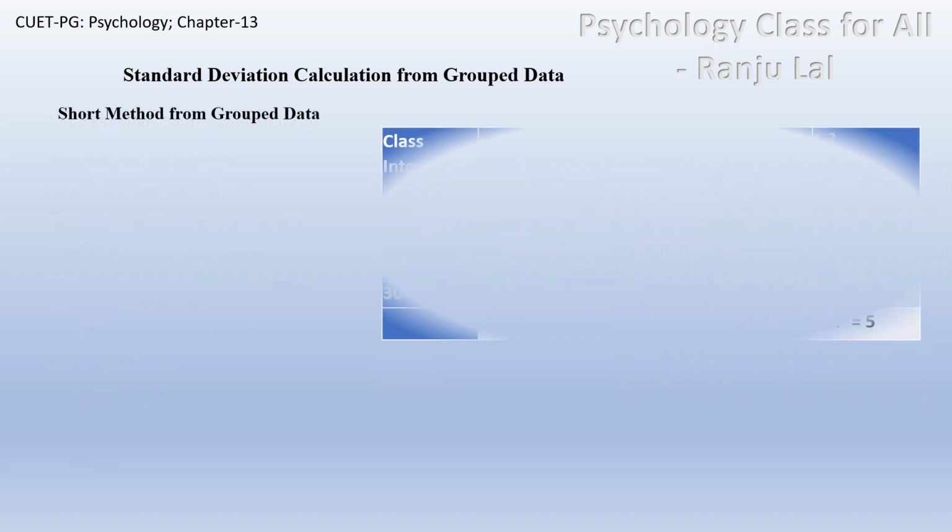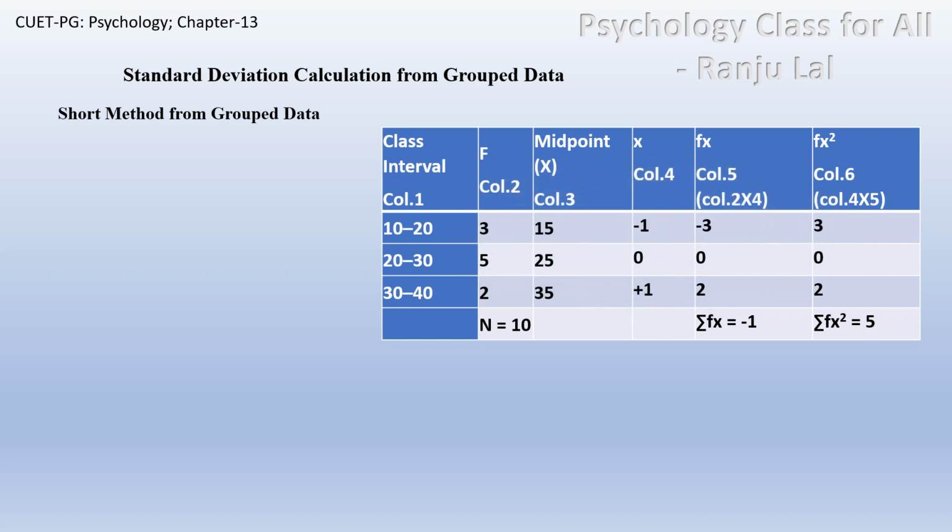Now we will calculate the same data with the short method from group data. So this is the table of calculation, and now these are the steps. First step is correction calculation. For correction calculation, in a question we'll get class interval, frequency and midpoint. These three columns will be given in the examination or in the question part, and then we need